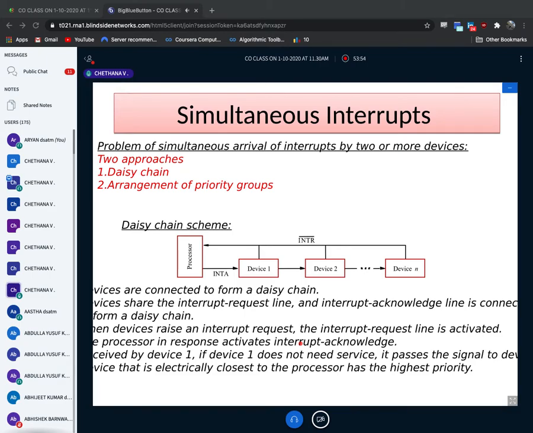Now just see here, we have simultaneous interrupts. What are simultaneous interrupts? Simultaneous means, you can understand easily, at a time many people will request. You told us already that they will be served priority wise. Assume 2 people have the same priority. Can you understand my problem? Even though those 2 people are highly prioritized persons, to whom should I serve?